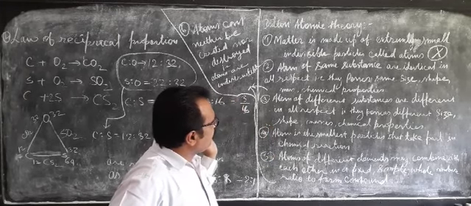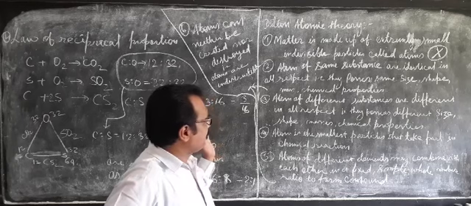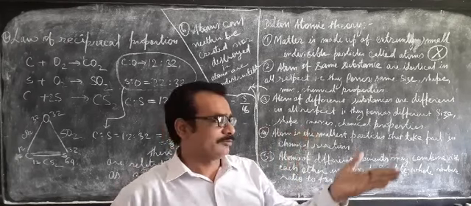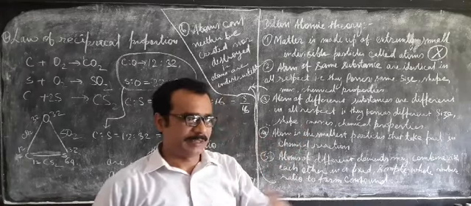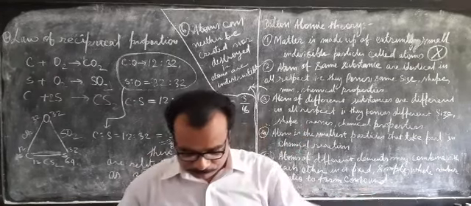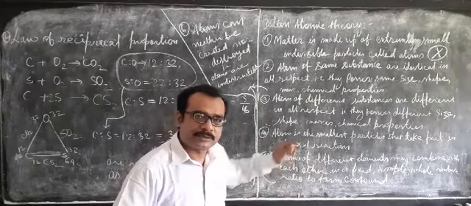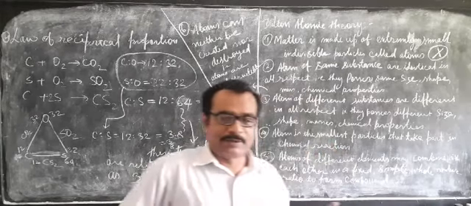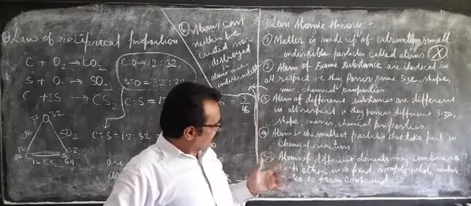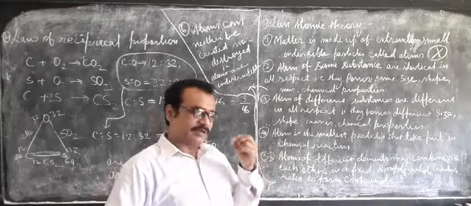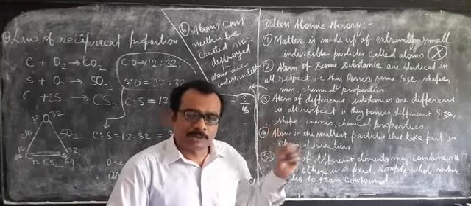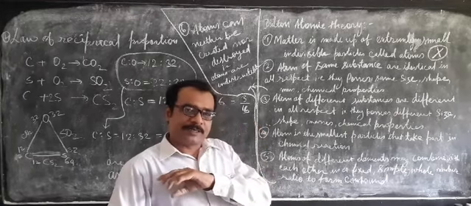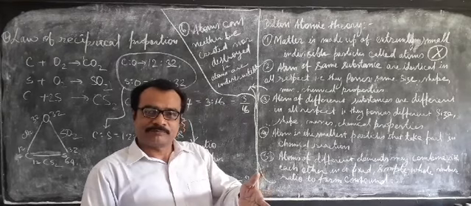Now next is, the atoms of the same substance are identical in all respects. That means atoms of the same substance. Like you take the atoms of aluminium only. Take the aluminium rod, get a lot of atoms and study each and every atom of this aluminium. You will find that everything is the same in all respects: the size of the atom is the same, shape of the atom the same, mass of the atom the same, chemical property of the atom the same. Because all are aluminium atoms.